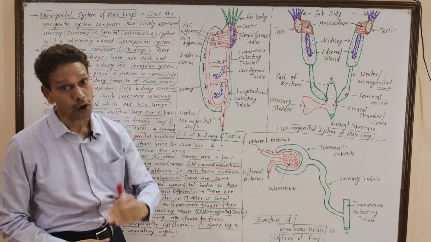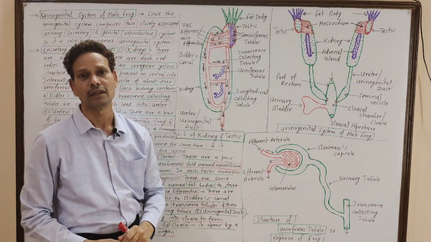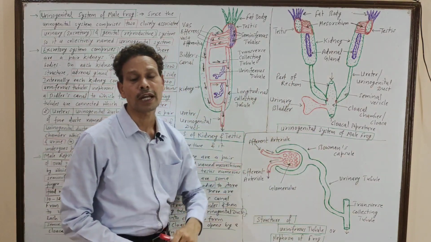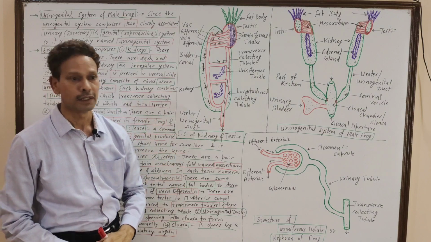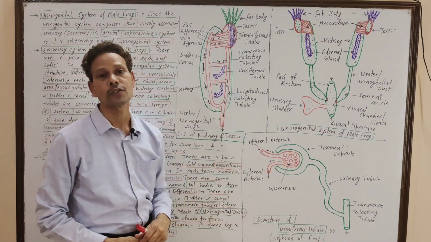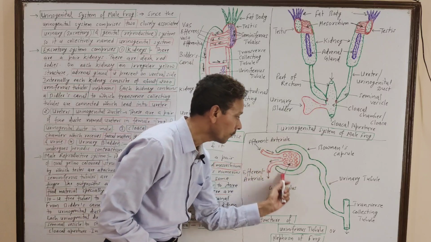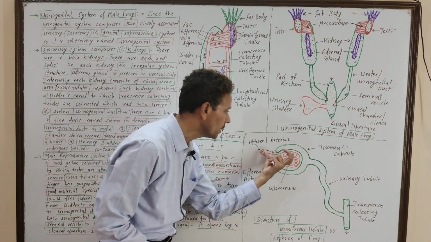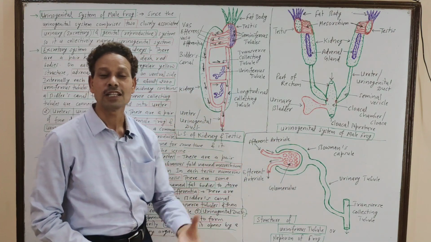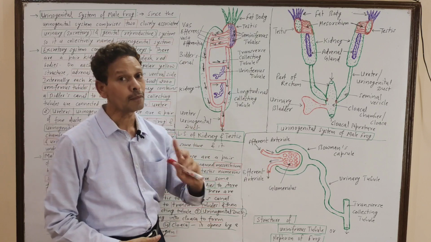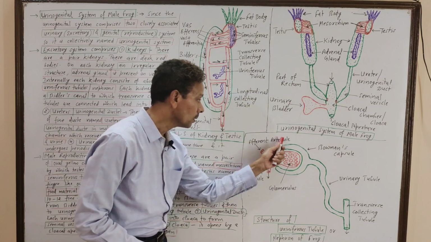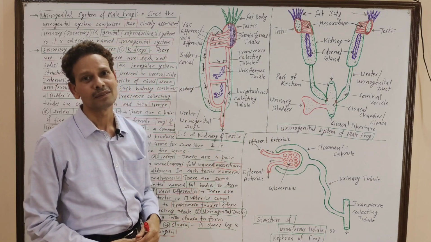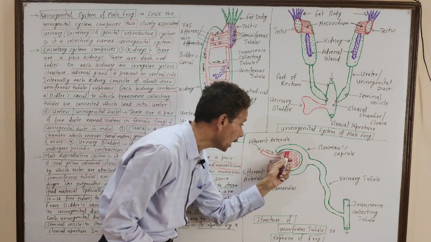Dear students, please note down, in each kidney about 2000 structural and functional units are present. These are nephrons or uriniferous tubules. Each uriniferous tubule or nephron consists of a cup-shaped structure, and this cup-shaped structure is Bowman's capsule. In that Bowman's capsule, the afferent arteriole, this blood vessel, brings blood, and in this Bowman's capsule a network of blood